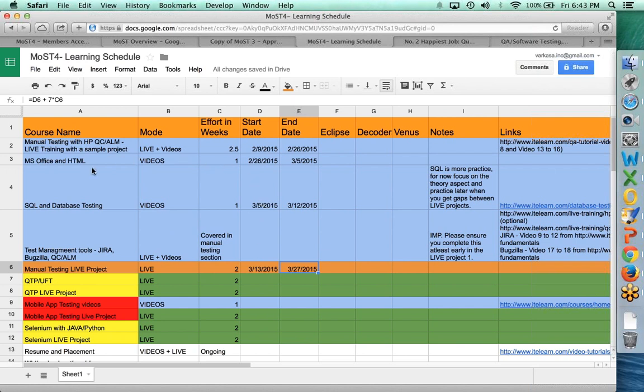So 1 month to go through this, we will try and make it sooner. But then we have live training of QTP for 2 weeks, and then live project. This may be more like 3 weeks, 2 weeks, 3 and 2. So